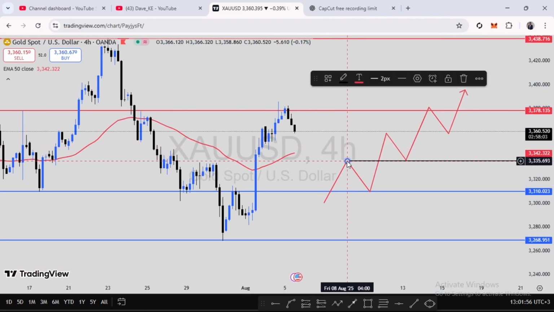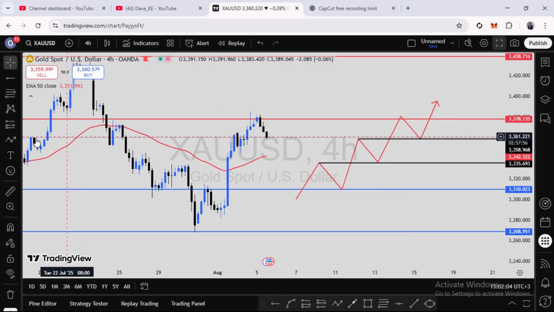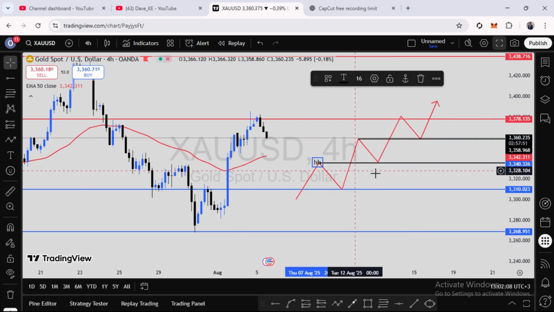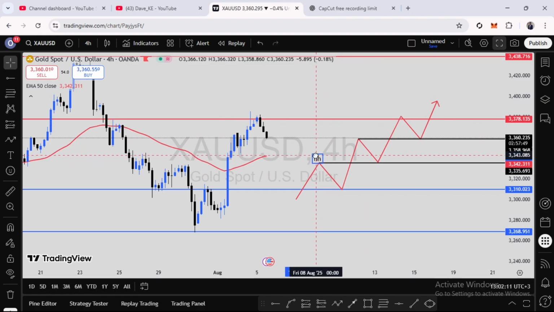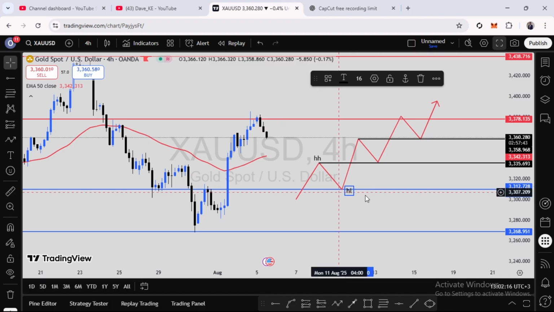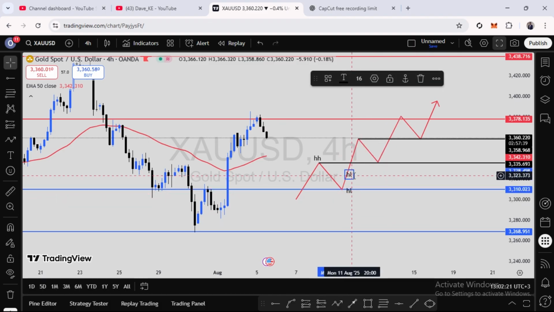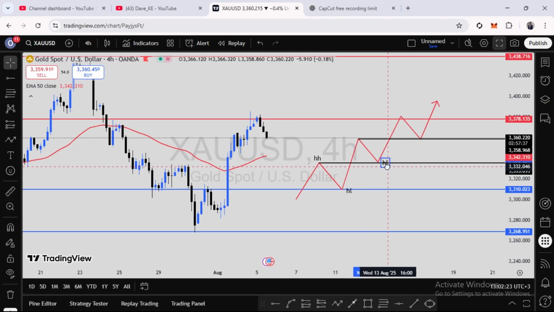The market normally moves in a series of higher highs and higher lows. So if you know gold very well, you know that it normally respects market structure. Where you're supposed to be looking for buys is where there is a break and retest of the previous high point. For example, let me just mark my higher lows and higher highs for this particular example, one